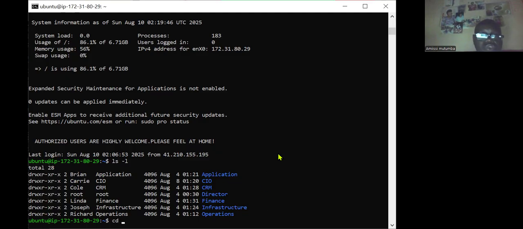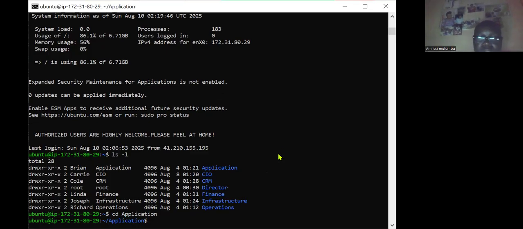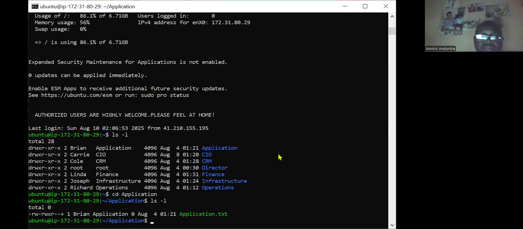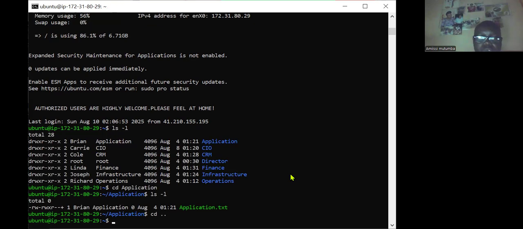So if I change to applications, then I'm going to view the file which is there. There is a file there which is application.txt. And if I change to another directory, that is CIO,